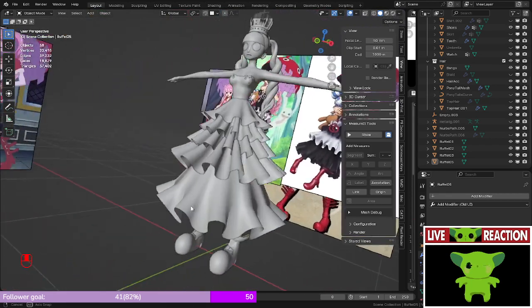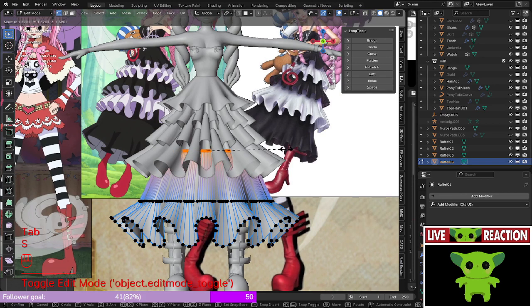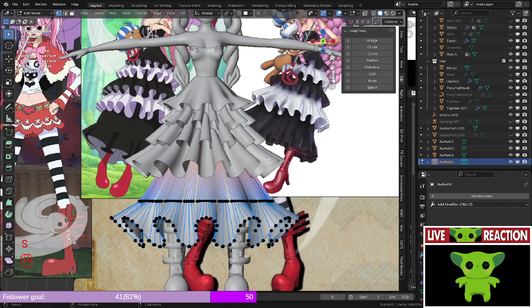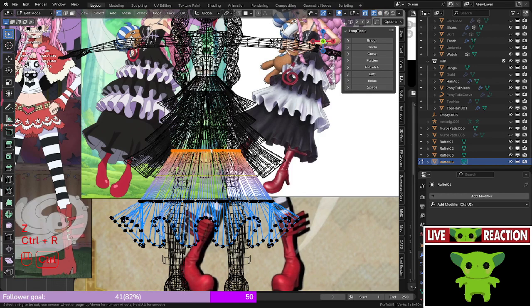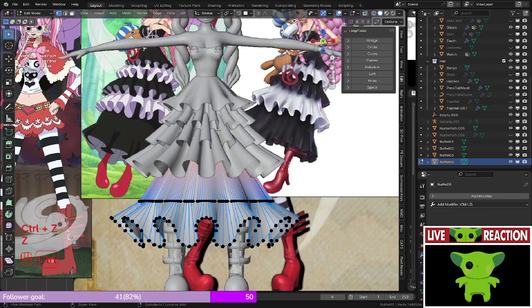But yeah, this is basically how it's supposed to look, almost. It's very messy, a lot of clipping, and some of the shapes are a bit off. Like this one definitely needs to be more open like this. It seems to go in too much. I could probably just add an extra loop cut here to remedy that, but